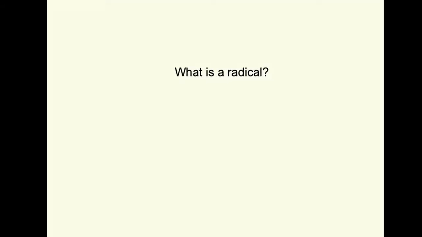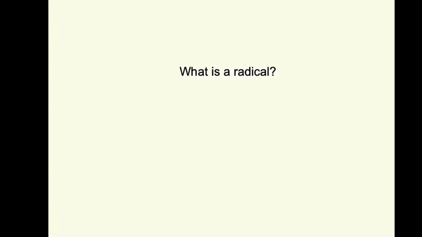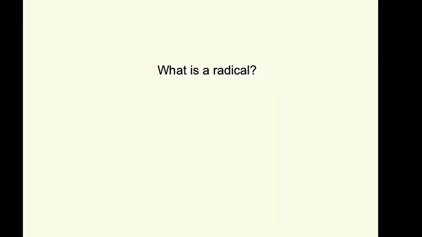This video is looking at free radical substitution reactions. So first of all, we need to understand what a radical is in order to know how it reacts. A radical is formed by homolytic fission. If you can't quite remember what homolytic fission is, you need to go back and look at the different video